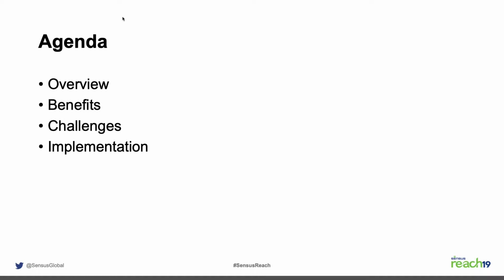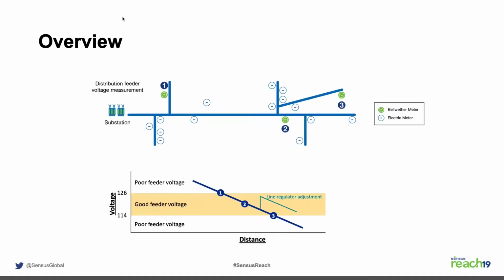So starting from a very high level, if my clicker works, a simple depiction of an electric feeder. Where would your voltage be the highest for your distribution people? Yeah, closest to the substation. Unless Evan over there gets some massive solar or battery that's connected over here. But traditionally, what we see is your voltage starts the highest up here closest to the substation, and it gets